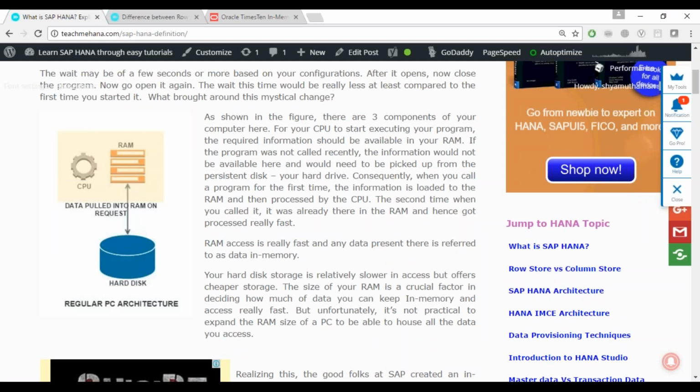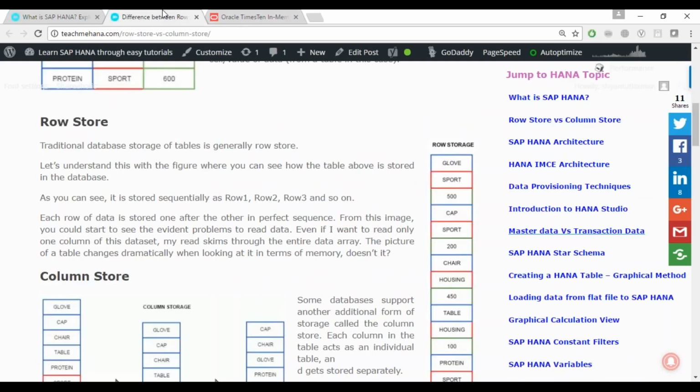Okay. Any further questions from today's topics? Yeah, Shyam, I had a question about column store and row store based databases. Is it possible that the same database could be used for both? Let's say, I can't think of a scenario, but some business case where the same table needs to be updated as well as read concurrently. Yes, perfect. So as I said, in-memory databases support both of them.